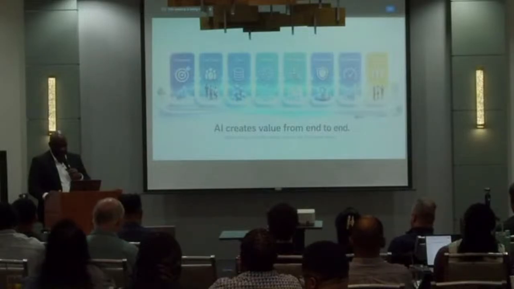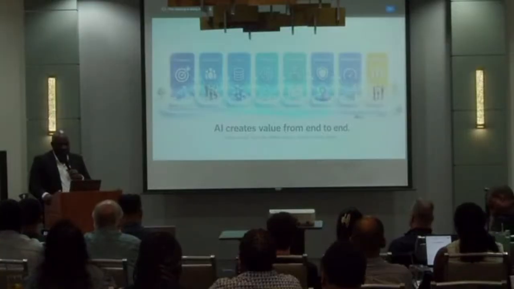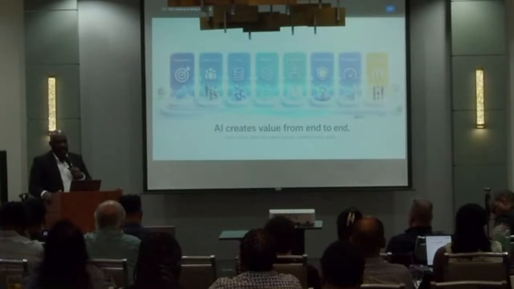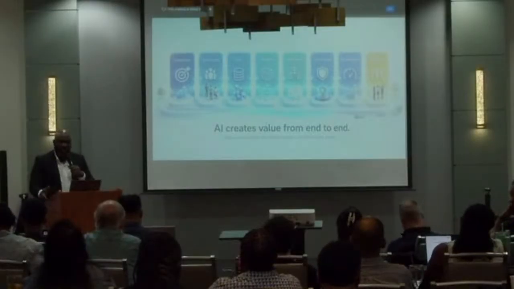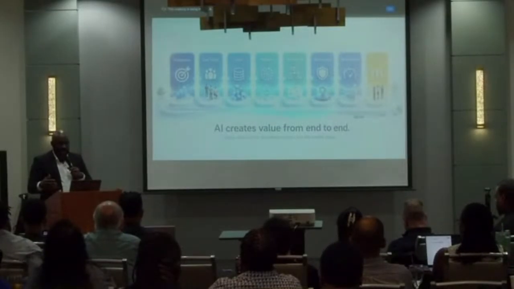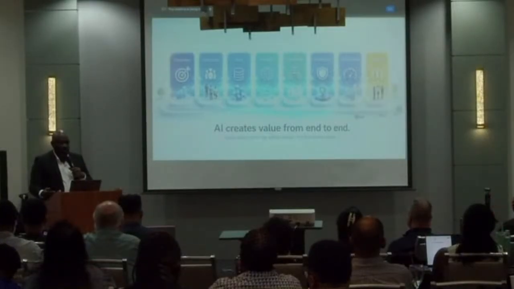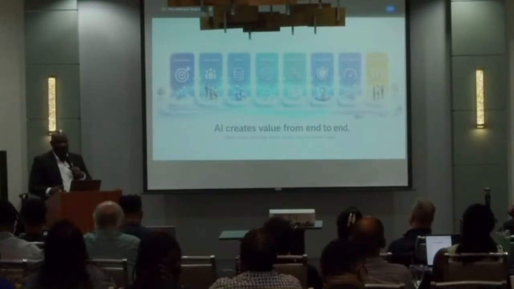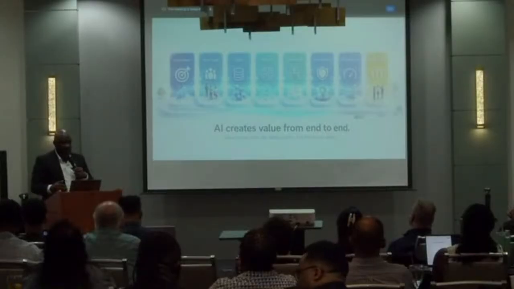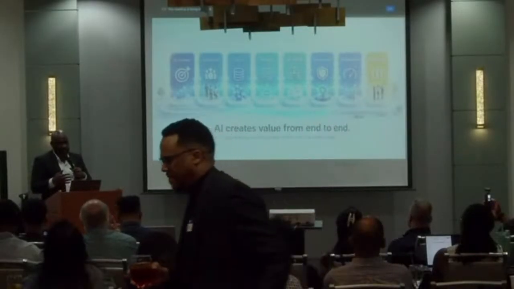All right. So AI creates value from end to end. Value comes from the whole system, not just a model. Sometimes we have the notion that AI is the LLM, like Anthropic models, ChatGPT from OpenAI, or Opus, etc. But AI itself, in terms of value, is not just one model. It's a set of systems and practices that come together with people, right, to ensure that we have a system that we can get value from.